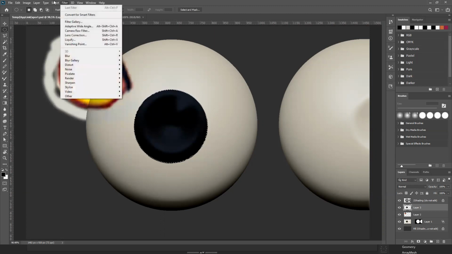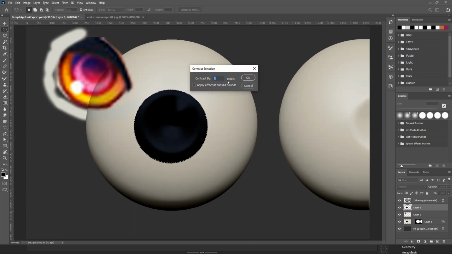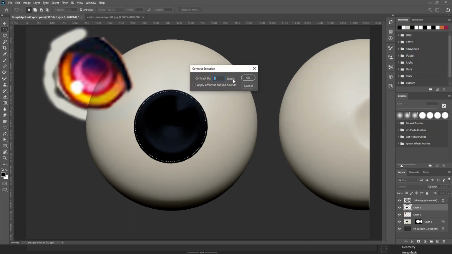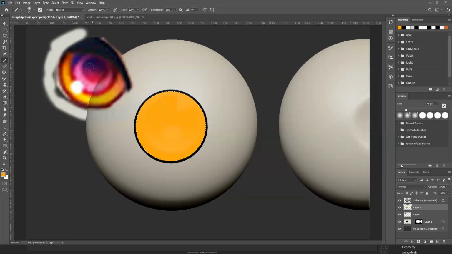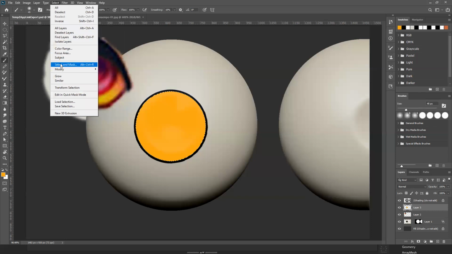This thing. So I can go to select, modify, contract, maybe 4-5 pixel, 5 pixel, maybe slightly more. Contract 2 more pixels, and then this yellow. So I can pick the exact same color, fill it, and then we have this border. So I can contract this again. I can do it in a separate layer also, just to speed up. I'm doing it in the same layer.